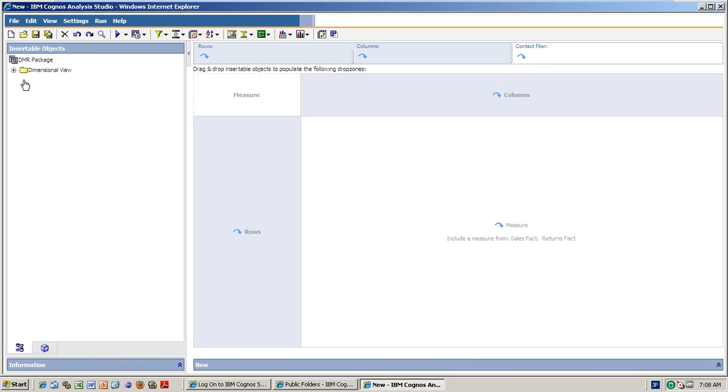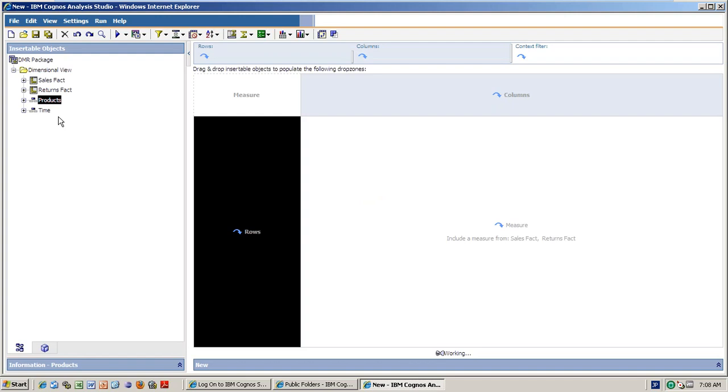As I told you, you can drag and drop the product here and time into the columns.